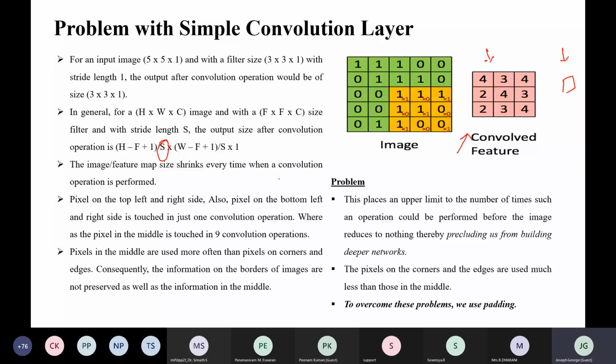Another important problem is in the convolution layer. See here, we are taking this patch while doing the convolution operation. While taking this patch, the weighted average is calculated, but the pixel on the topmost corner will be involved in the convolution operation only once.